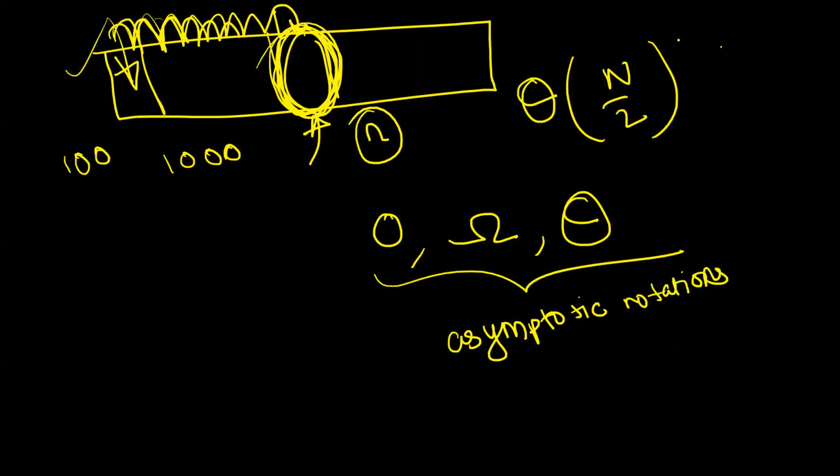Okay. Now what I'm telling you, this big O notation, the omega notation and the theta notation, these are asymptotic notations. So whenever I write something like big O of n square, what I want you guys to understand is these are asymptotic notations. That is, we talk about these notations at very large values of n. Okay. When the load or the input is very large, that is where we talk about the